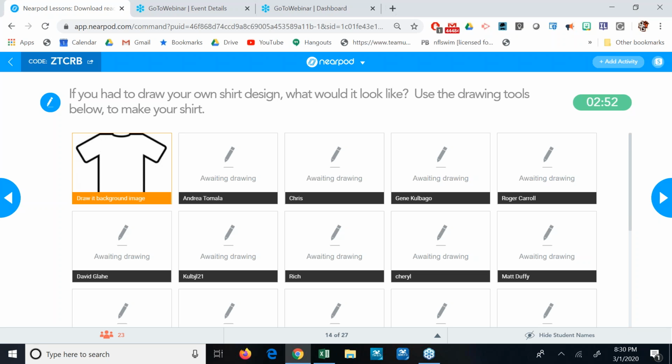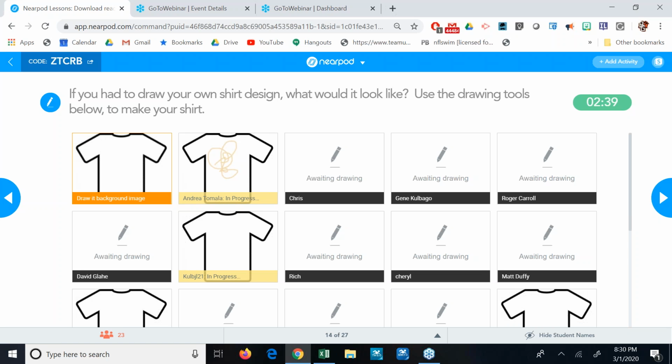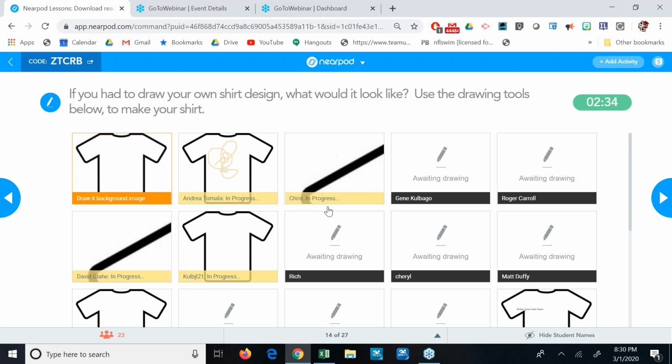So again, I've embedded a background picture of a t-shirt. And now you can use your screen. If you have the touch screen, I would use the touch screen. It's a lot easier to draw using the touch screen than it is trying to draw with the mouse. Anything close is fine, it doesn't have to be a work of art, really. It's not going to offend me. I won't pick on you too much.